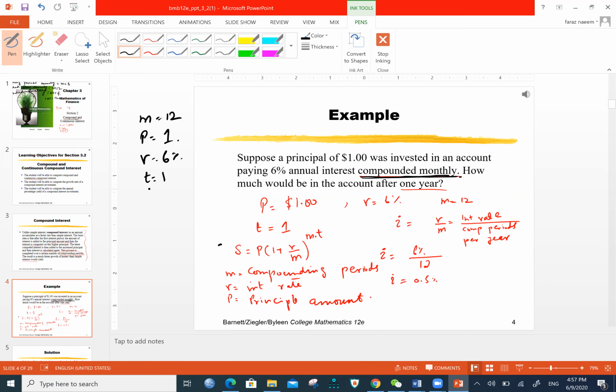So what I want you to extract is this data, and what you need to calculate is very important. How much would be in the account after 1 year? You need to find the future value. We denote future value by S, that is what would be in the account. And in compound interest, or in all mathematics of finance, another very important thing is how to find the interest rate, I. What is I? I is the interest rate